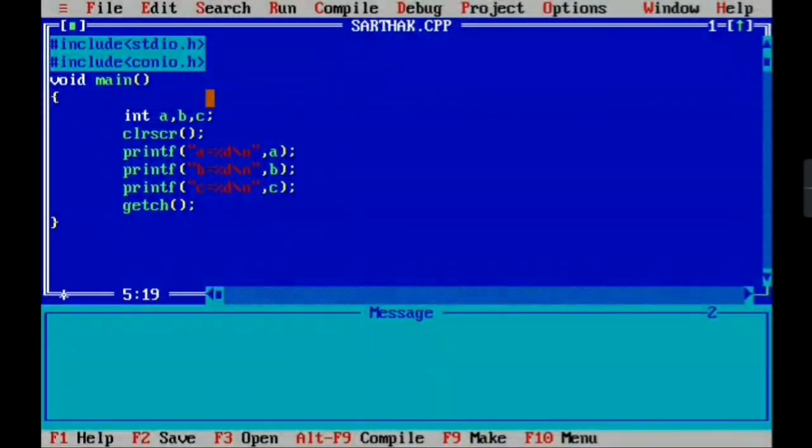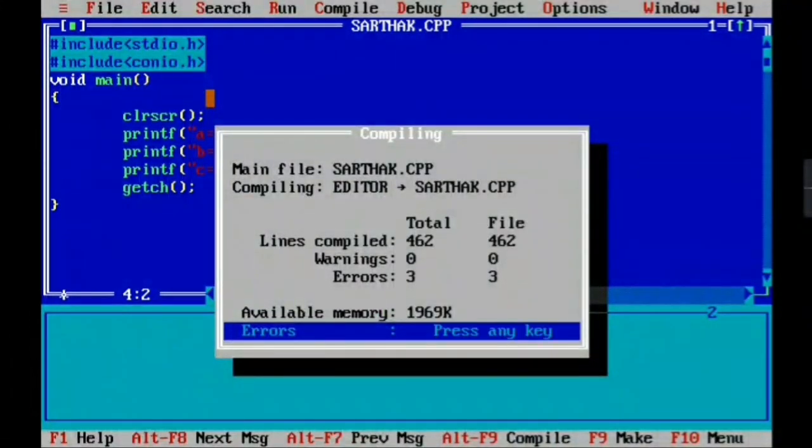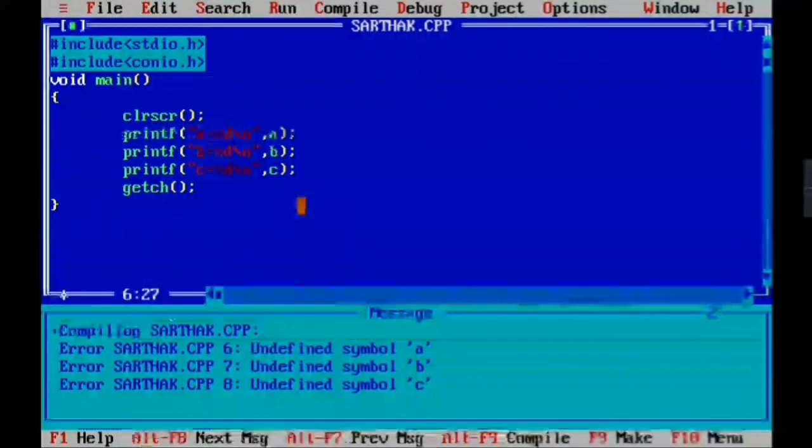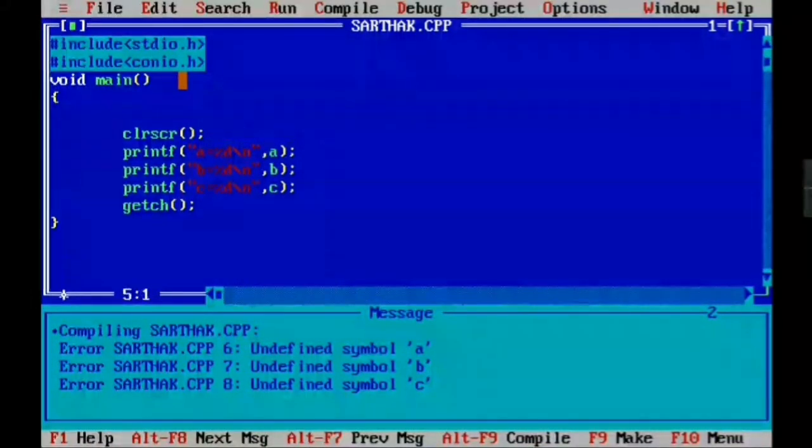So this is the one thing that I wanted to show you. But what if we remove int, will the program still run? I'm sure it will not run. When I compile the program, it says 3 errors. Why? Because symbol a is undefined, symbol b is undefined, symbol c is undefined. So it's important that we don't forget any of the things we need to put.